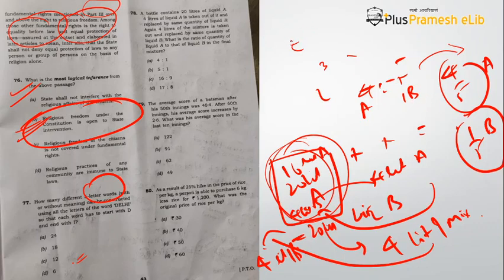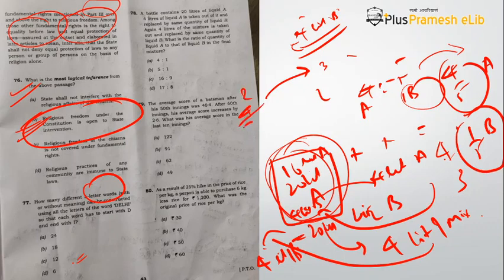See, ultimately what is happening is, you replace this mixture again with the 4 liters of B solution. Okay, so now how much is the remaining quantity? So in this mixture, in total you have replaced 4 units, and you will find that the units of B replaced are 3, right? And then again you are doing the same, so it will be 4 square upon 3 square, that will be 16 upon 9.